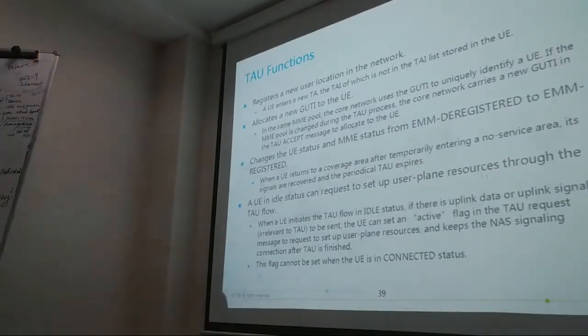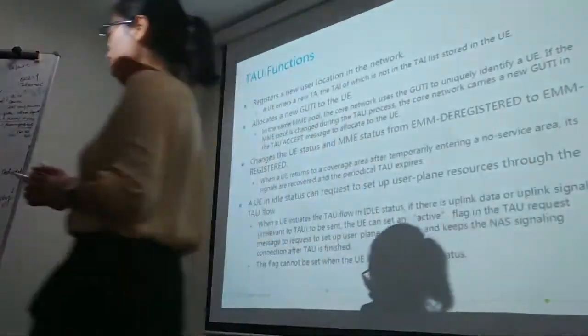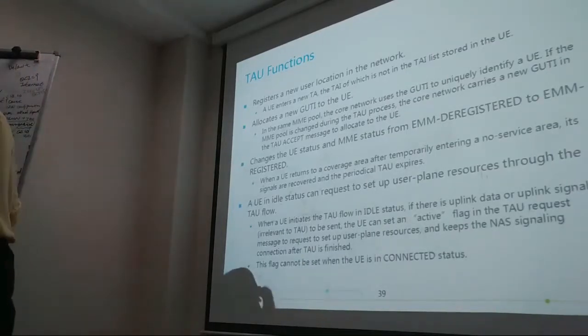So this is 1 or 2 because, for example, for TDD or FDD you use 2. For this area, this is the TDD, and we also have the FDD. As for FDD, if we set the TA list only